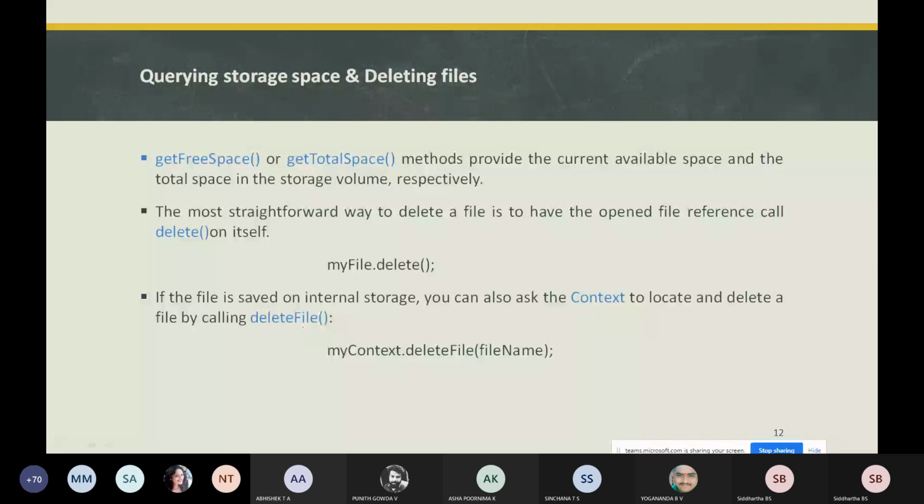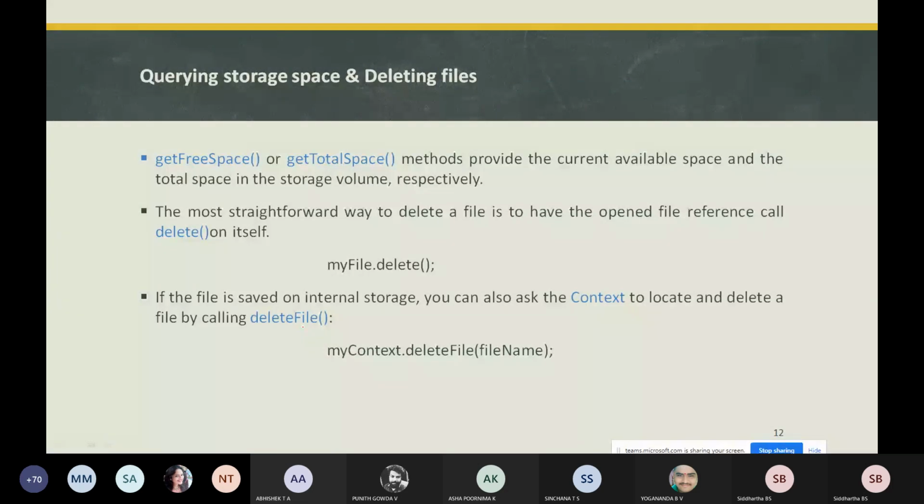The application needs to check whether sufficient space is available on the device.